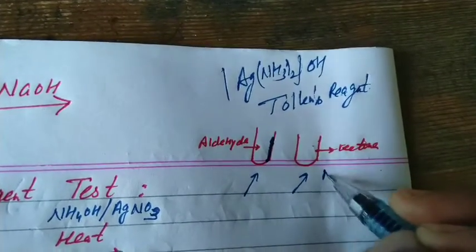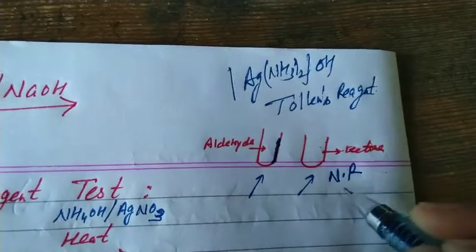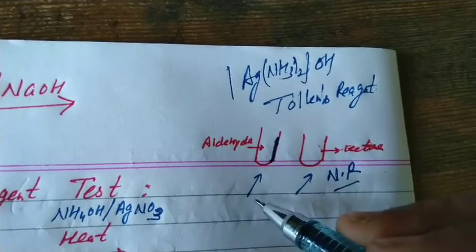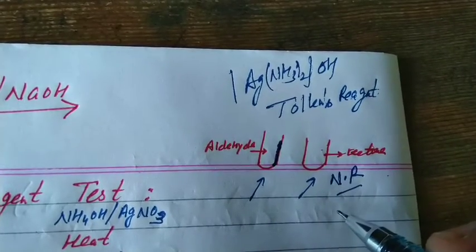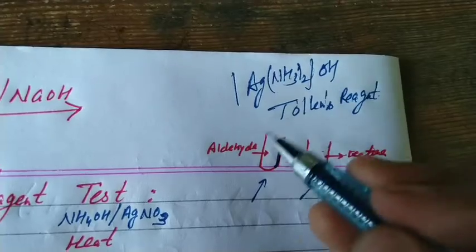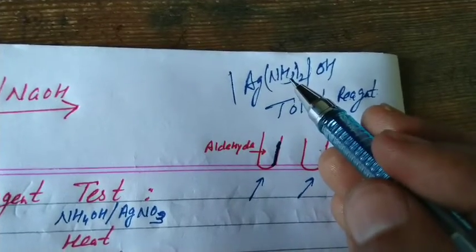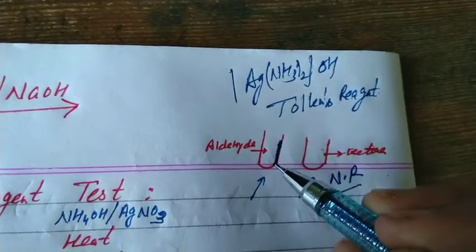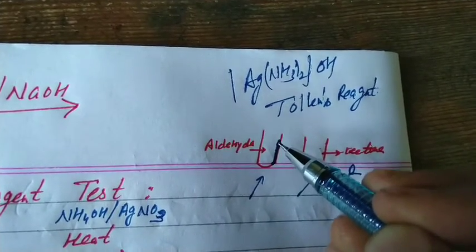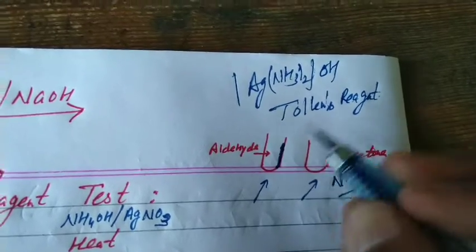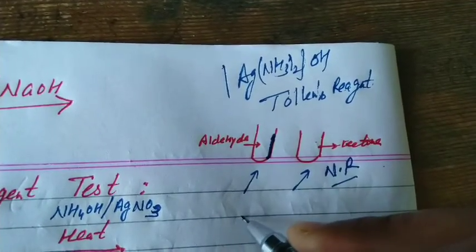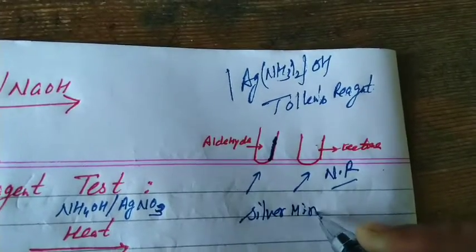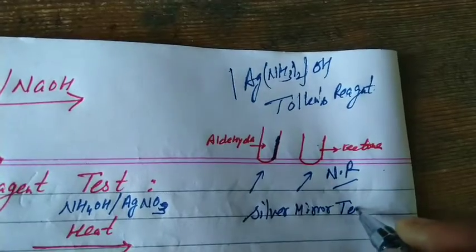But with ketone, what will happen? No reaction. It is a weak oxidizing agent, it oxidizes aldehyde to acid, but has no action on ketones. What is an oxidizing agent? Which oxidizes the other substance, but itself is reduced. That is, it will reduce from silver ion to metallic silver, and due to this, the shining surface of silver is obtained on the inner side of the test tube. So we also call it the silver mirror test. Give the chemistry of the silver mirror test. Give the chemical equation of aldehyde with Tollens reagent.